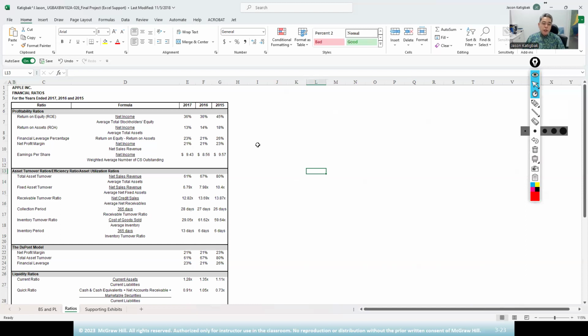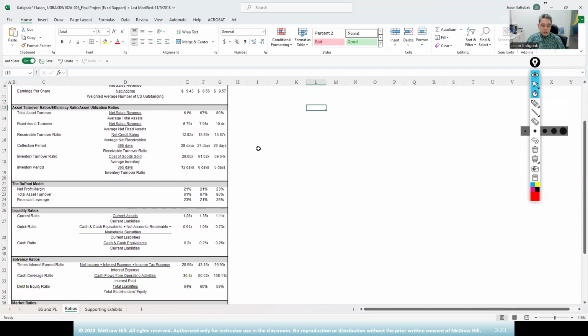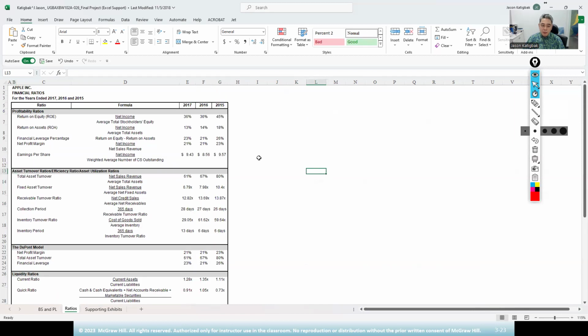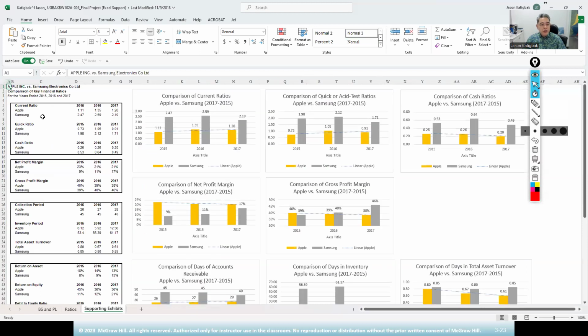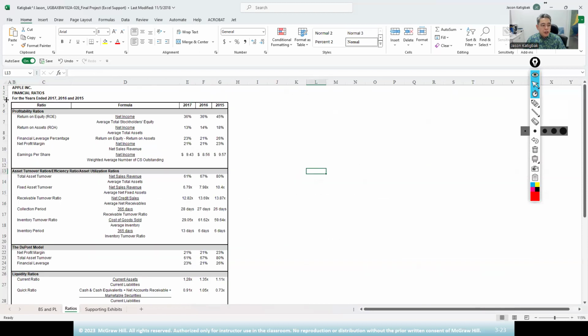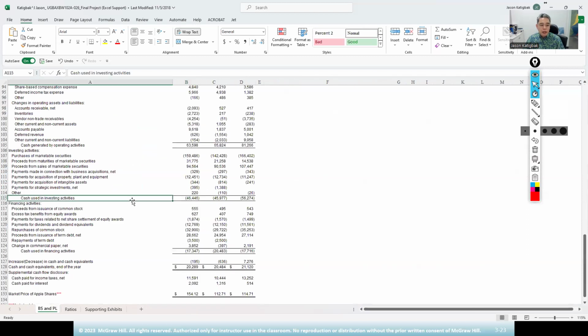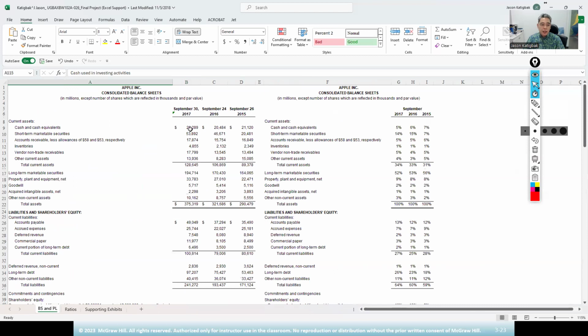So you now do the trending. But the trending would only mean something if you're able to compare it with another company. So here, this one is actually for Apple, based on Apple information. So I downloaded the Apple information online,